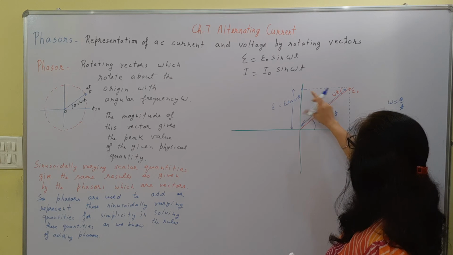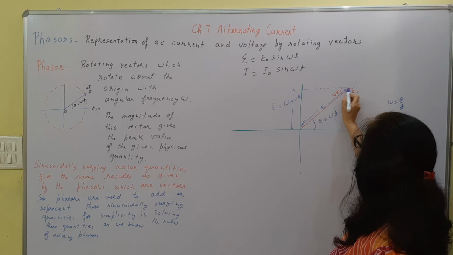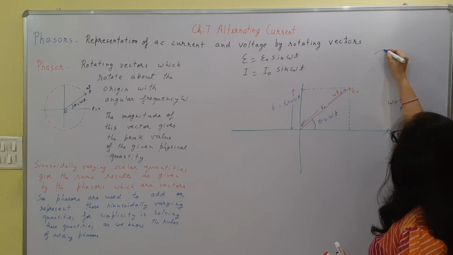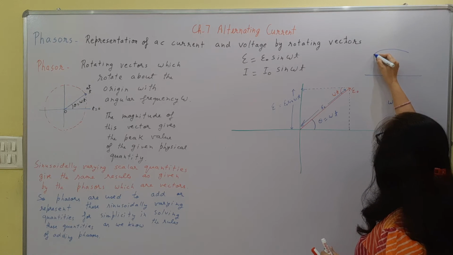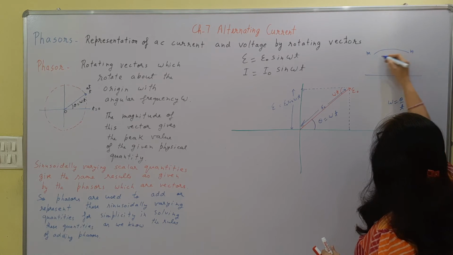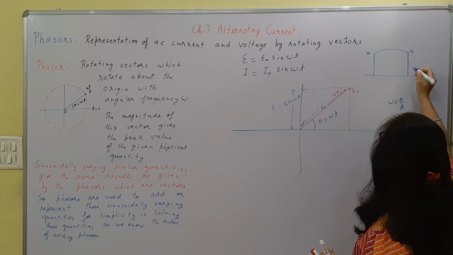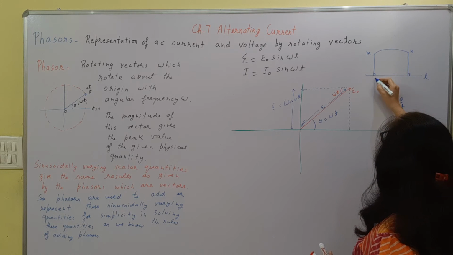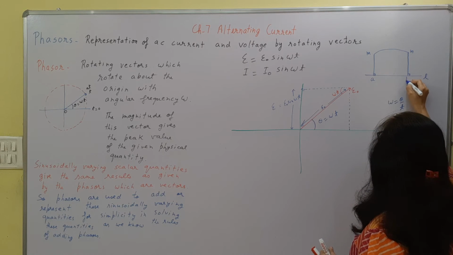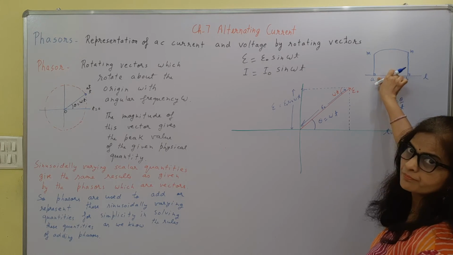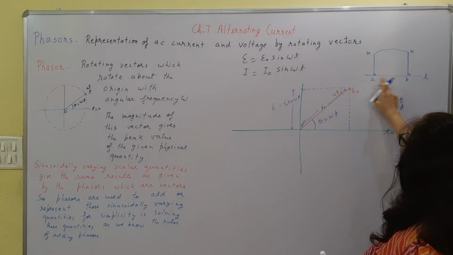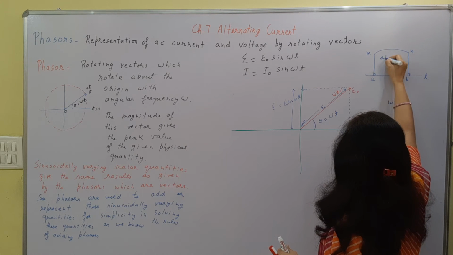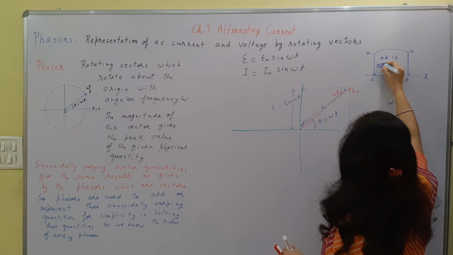We have found the projection by dropping a perpendicular from the ends. One perpendicular is here and this end is already here. If you remember in class 11th, I told you the way of finding the projection. If you have an arc MN, its projection will be found by dropping a perpendicular on the given line. So this is AB. The separation between the foot of these perpendiculars gives the projection. So you can write down here that AB is the projection